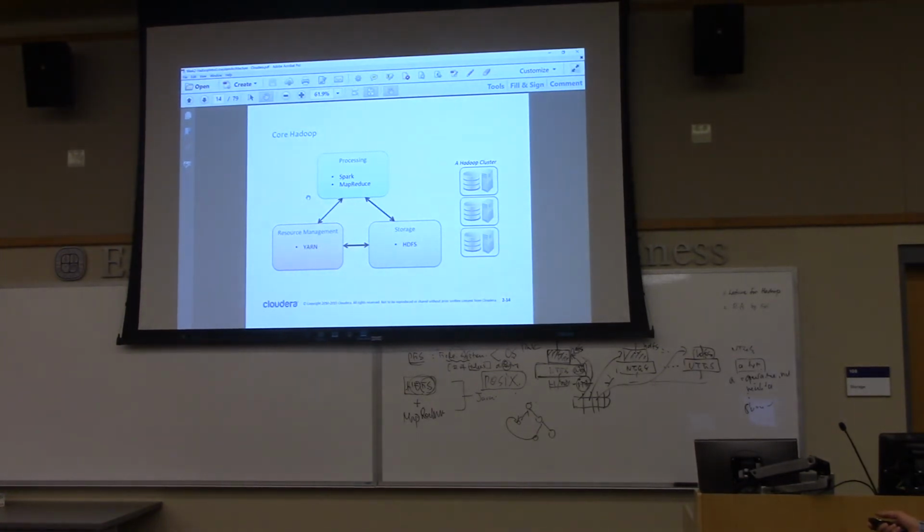What does N stand for? Network? Yet another resource, whatever. So it's called YARN. YARN is sometimes described by some people as